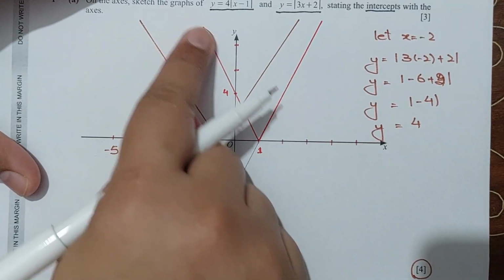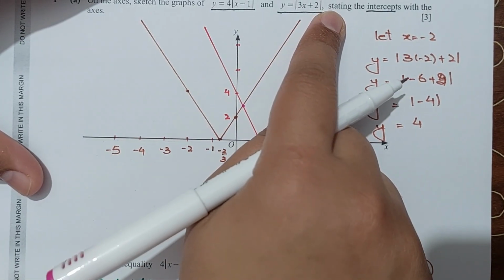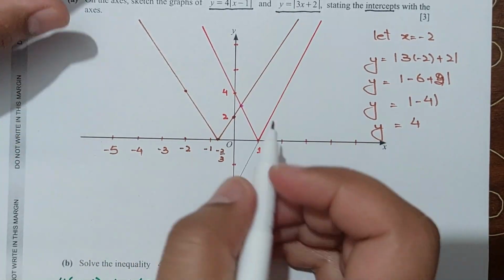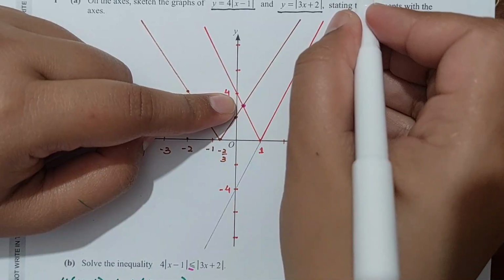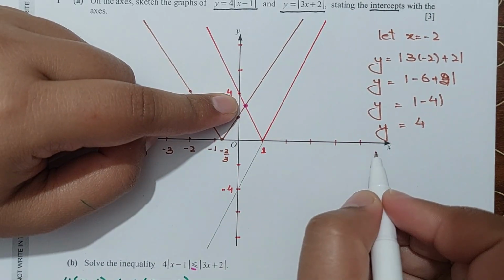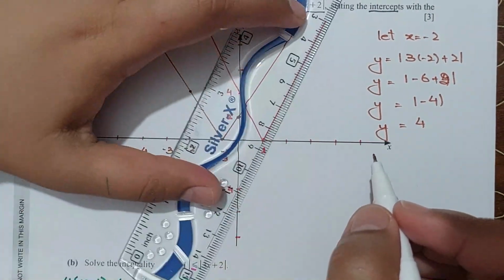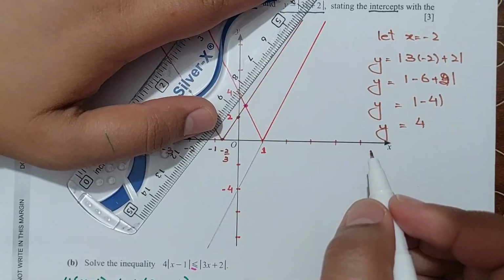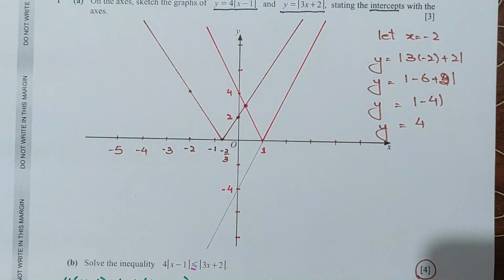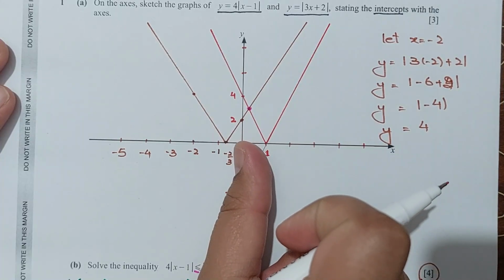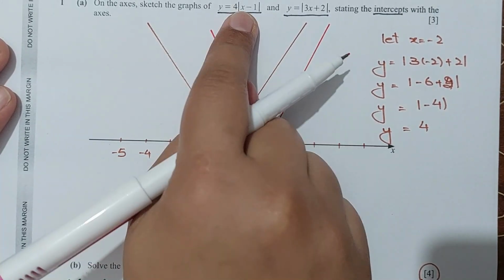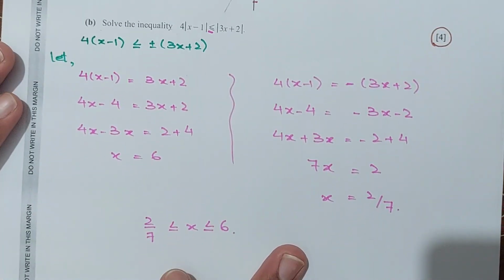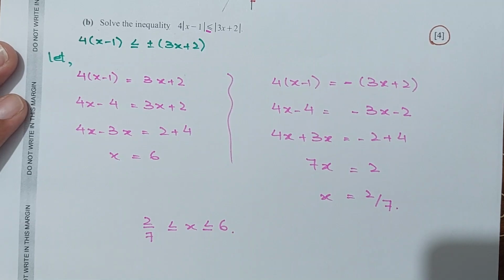You can see this red function is less than or equal to this green function because they have 2 points of intersection. The first one is 2 by 7 and the other one it intersects at this point at x equals 6, right? When we extend the lines it will intersect, and when you extend this line it also intersects, right, at x equals 6. So between 2 by 7 and 6, this function is less than or equal to this function. Equality is also included because of the equalities in the function. I hope this makes sense now.